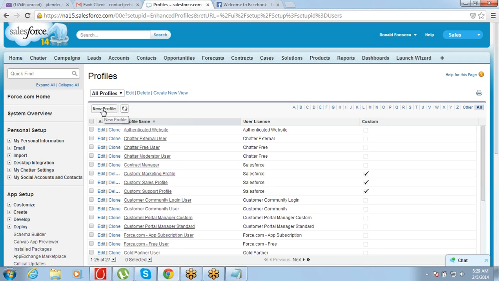Any questions on this? So profile basically is a collection of permissions. That is what we understand. We put all the permissions or all the accessibilities in the profile, and then we assign the profile to the user. So what we have seen today, we have tried